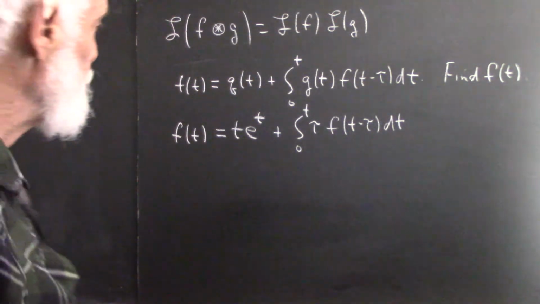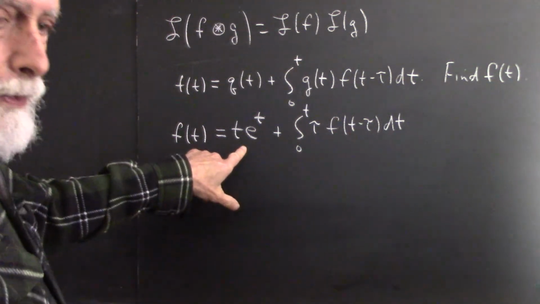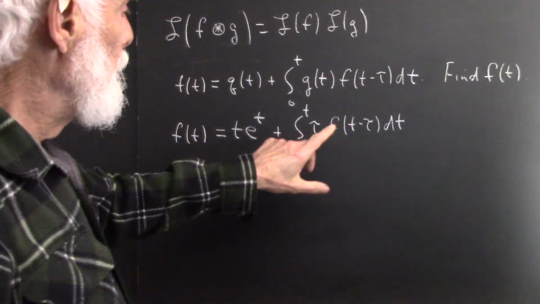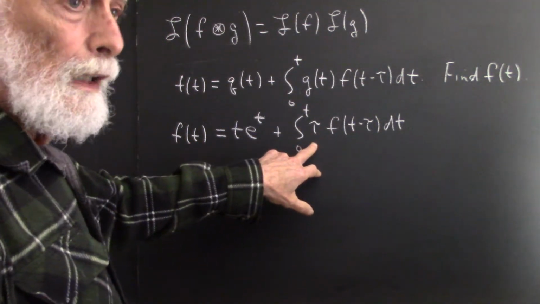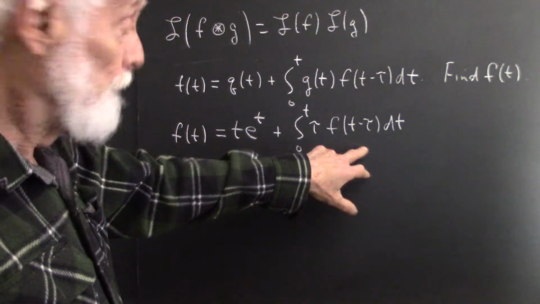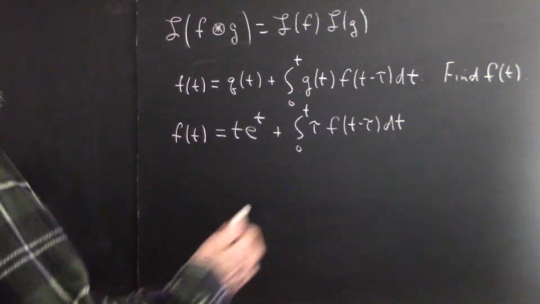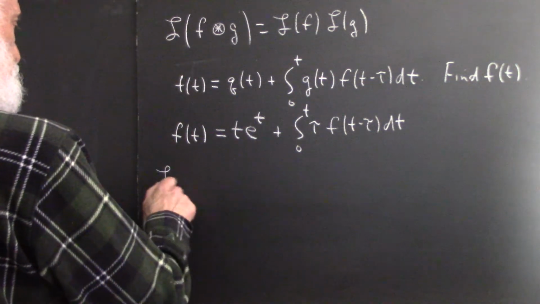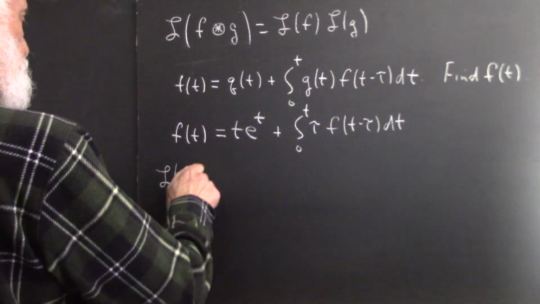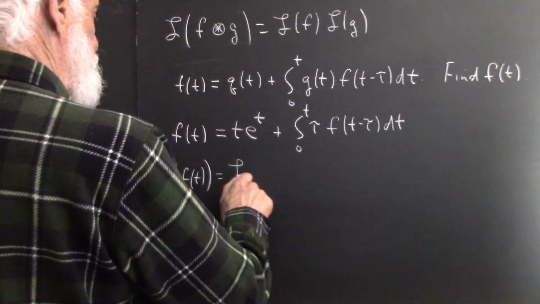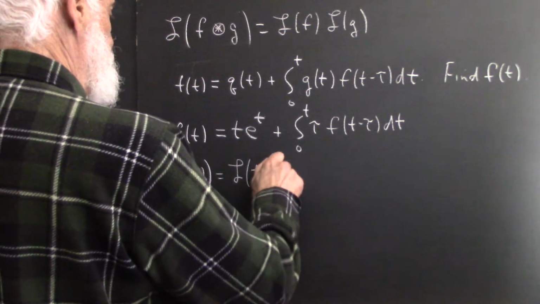We recognize that we have the e to the t function here, and we can do the Laplace transform. We have the convolution of the t function and the f of t function. So everything should work out fairly well. So the Laplace transform of f of t should equal the Laplace transform of t e to the t